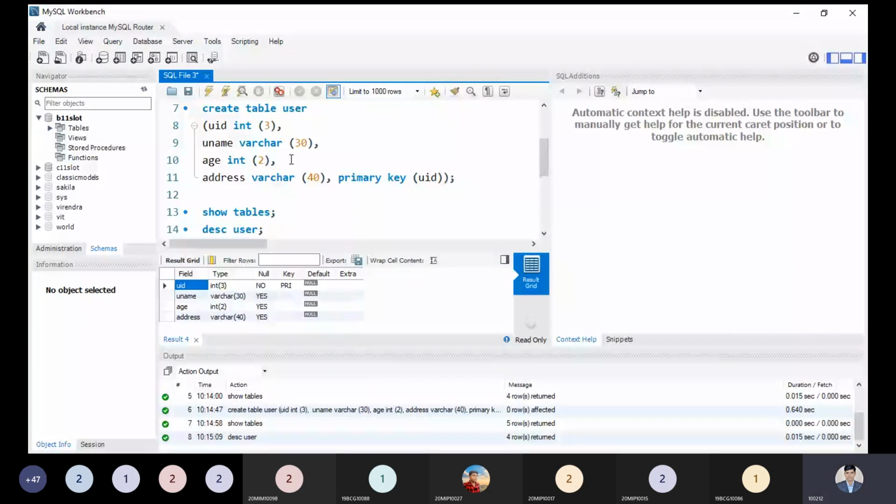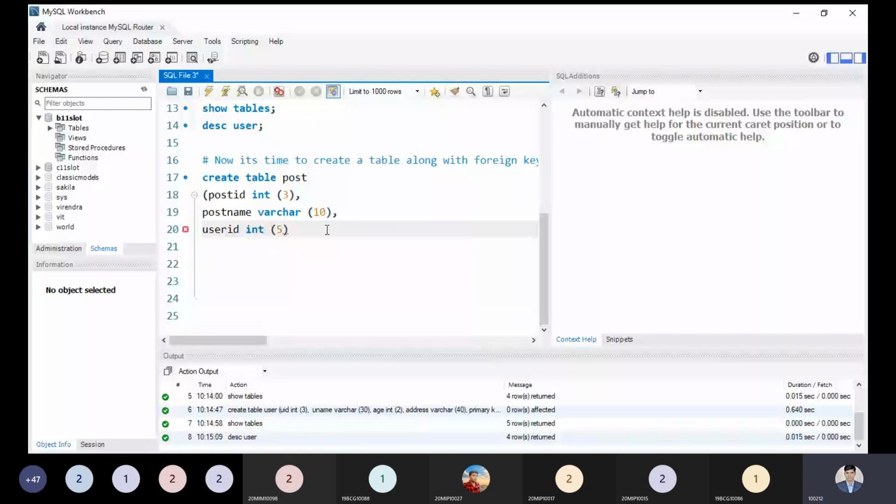So far, if I try to create this table, there is no issue. From this perspective, we are creating a table named post, and the attributes are post ID, post name and user ID. But here we are not applying any key constraint because we are not defining the primary key. We are not defining the foreign key. So let us understand all the things once again so you will be able to understand properly. What I will do and how I can do it, this is the point you people are required to keep in mind properly. So let me explain here.